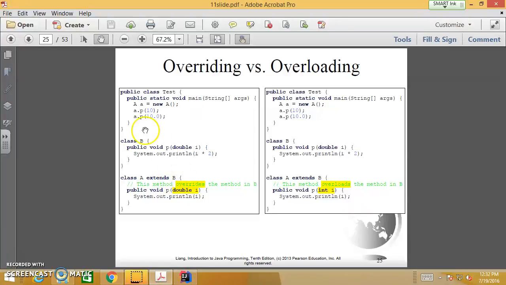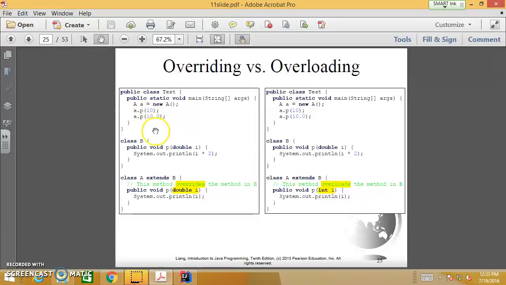Now A extends from B. This is called overriding because of the same method name and same signature. Whenever you invoke the method in the main,